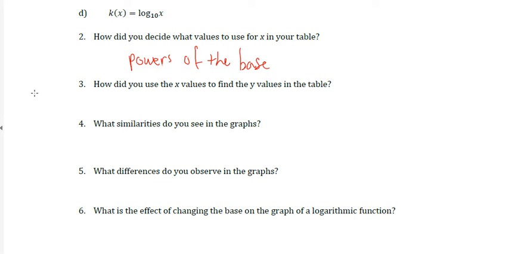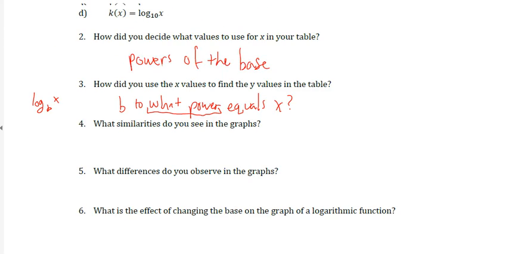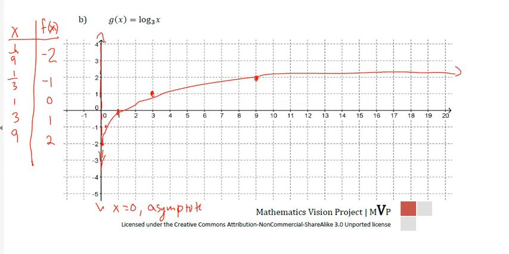So if we have it in a general form like this, b to what power equals x. That's really what we're going for. The what power is really the answer to our question here. What similarities? Well, there's a couple big similarities. For one, they all have the same x-intercept. If you go back to your graph, they all have an x-intercept